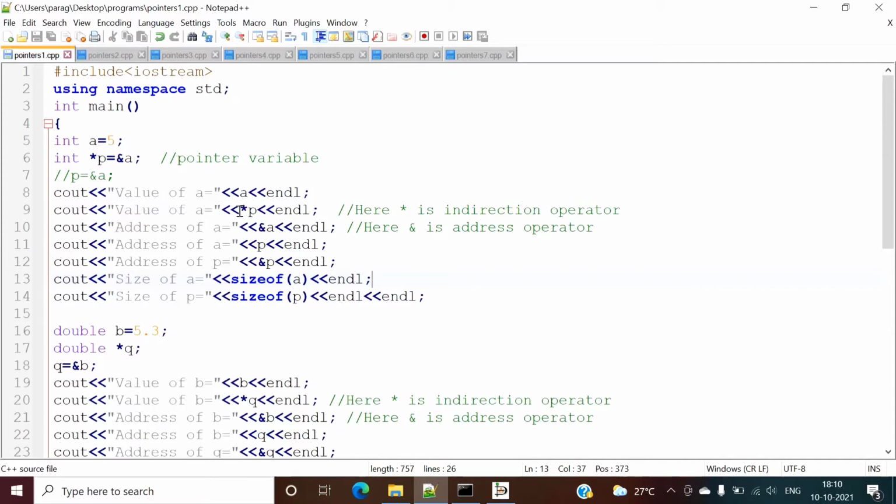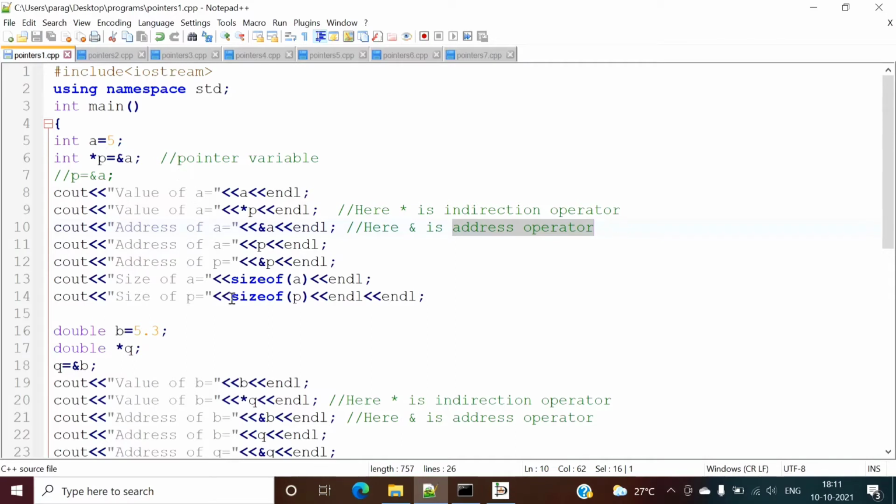Whenever we use this asterisk operator, or indirection operator, we will get the value at the address which is saved in P. See, again I am repeating, this asterisk symbol means it returns the value saved at the address, and this address is saved in P. Whenever we use ampersand, it returns an address. So just two things we have to remember: asterisk is called the indirection operator, while ampersand is called the address operator.